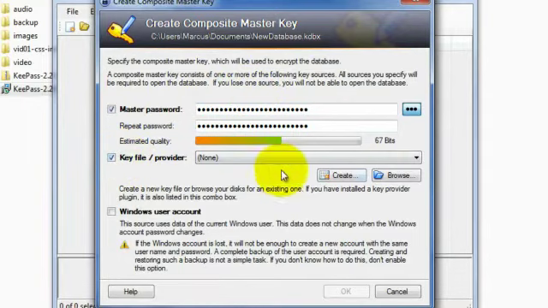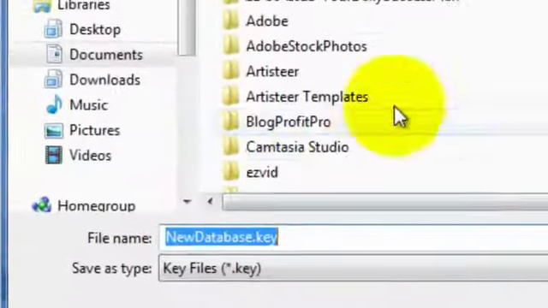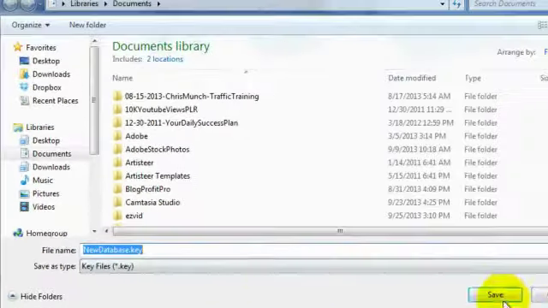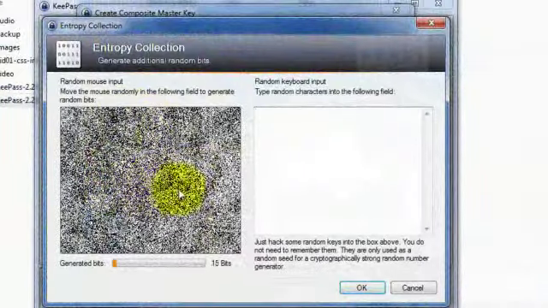And to create the key file, once you check that box, you can see this option is available. Just go ahead and click on the Create button. Navigate to the location where you want to store the key and also give it a name. But for the sake of this demo, I'm just going to leave it as is. Click on Save, and at this point we're creating our key just by moving the mouse around all over the place in here, and you can see as the progression bar here gets bigger and bigger and greener, it's getting